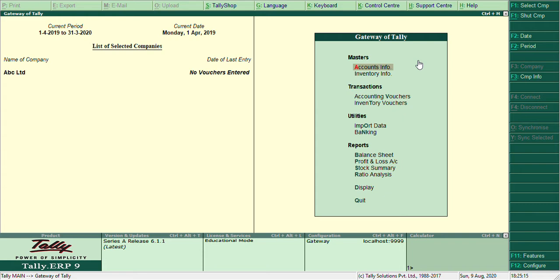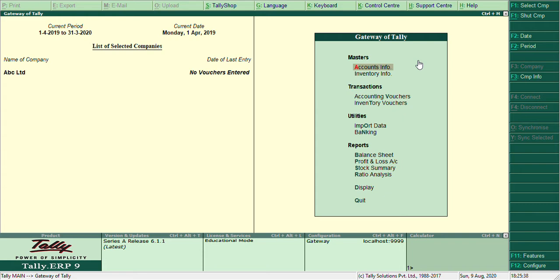So I have the ledgers here, which I have given in my last video. So how to solve that assignment? First, we will go for Accounts Info.